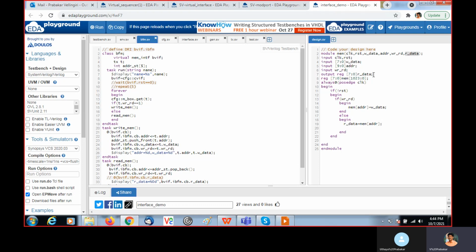So here you need to declare all the inputs and outputs. Here we created a memory, and if it is not reset, we check the write_read signal, and if it is 1, we are performing write. If it is 0, we are performing read.